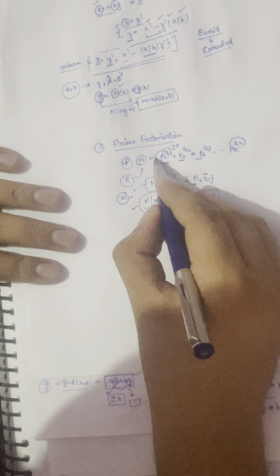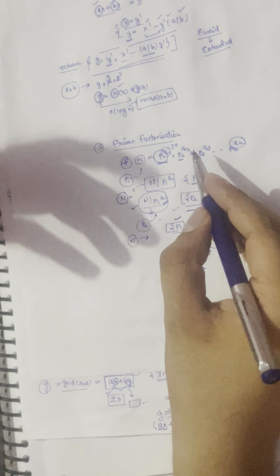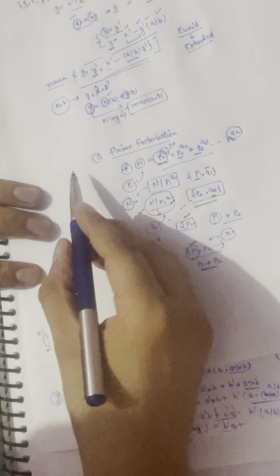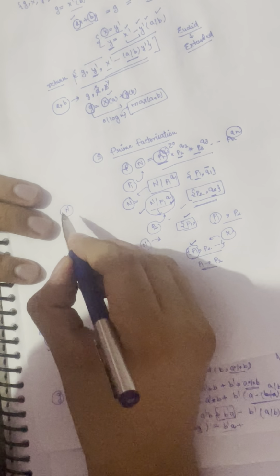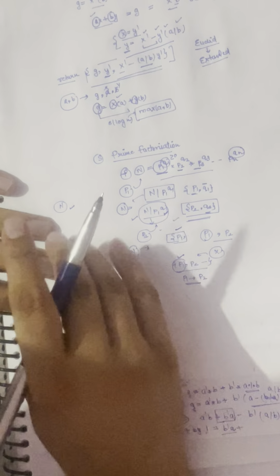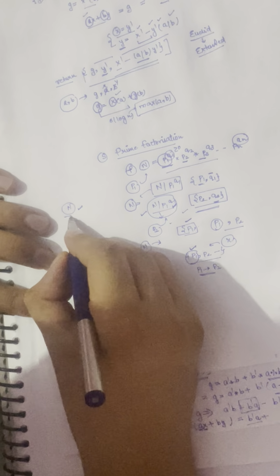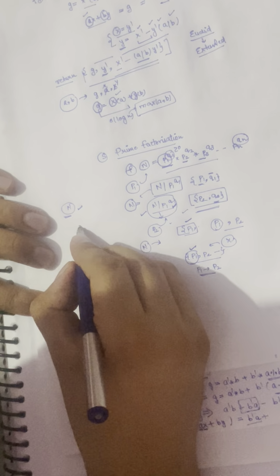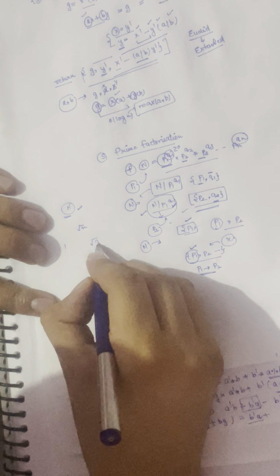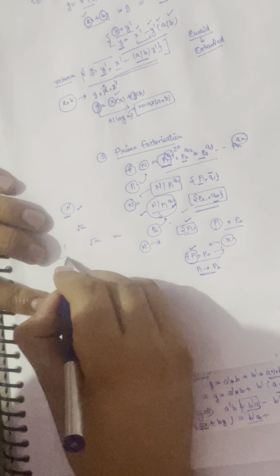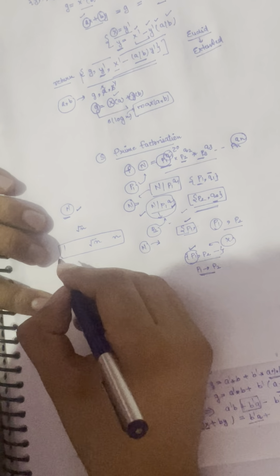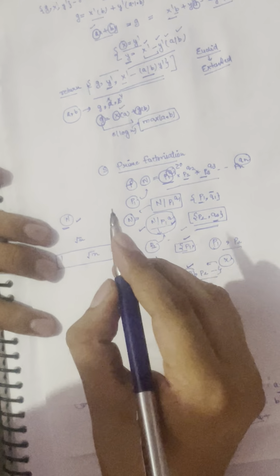Then what would be the time complexity of the entire process where we are generating the prime factors? Let's say we have this number n, then in the worst case how long could it go? Let's say this is 1, this is root n, and this is n. What would be the worst case?